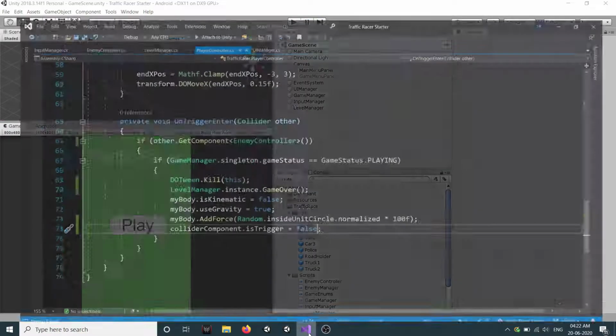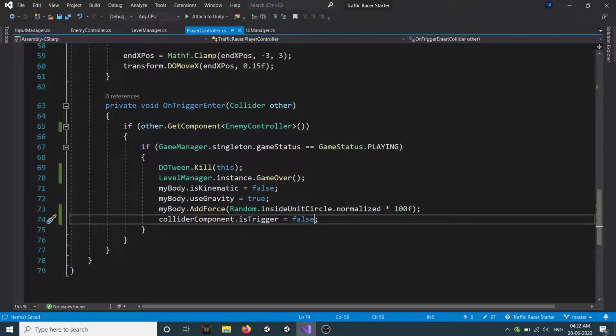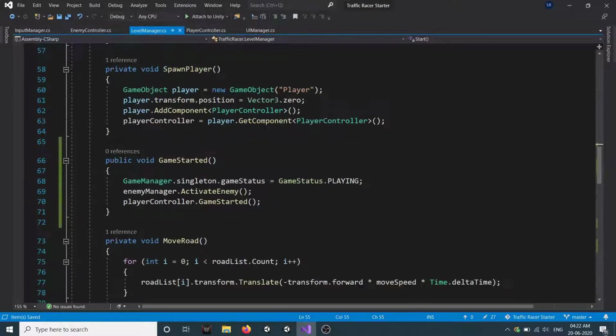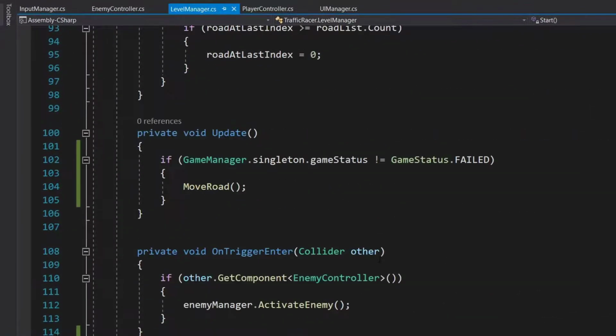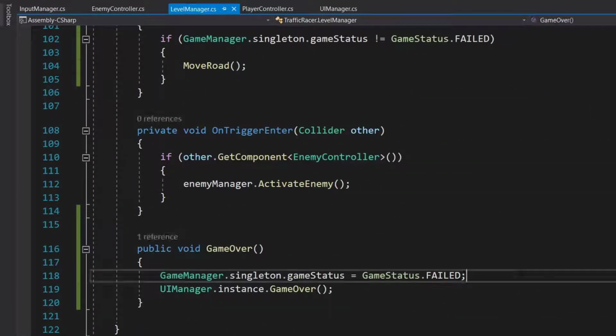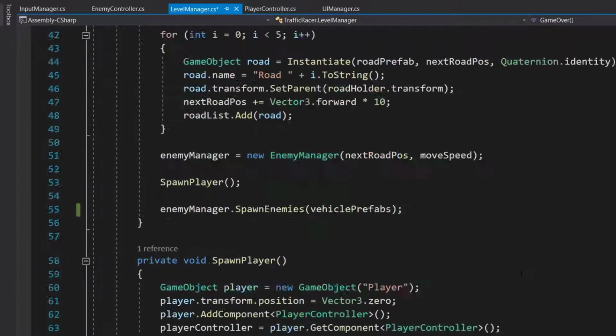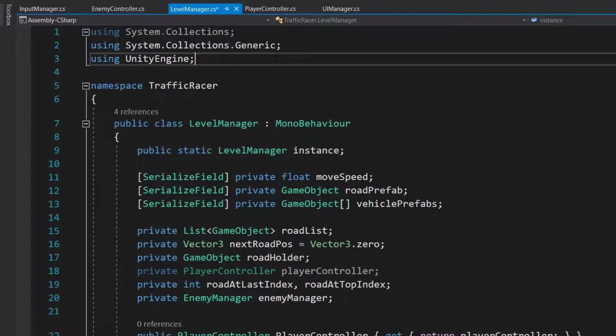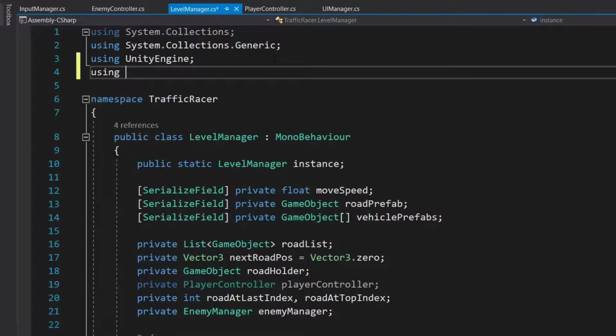Okay, so you can also add a camera shake effect if you want. So let's add that thing. So in our level manager, let's go to our game over method. Here we can add our effect. So first we have to use using DG.Tweening, right?